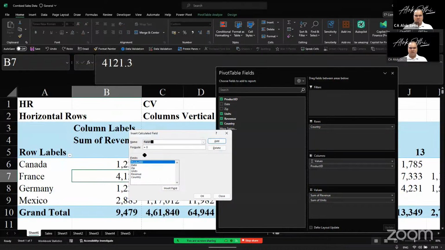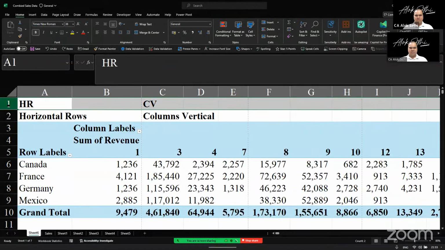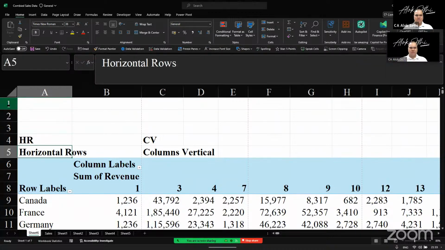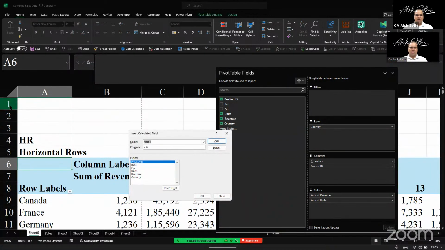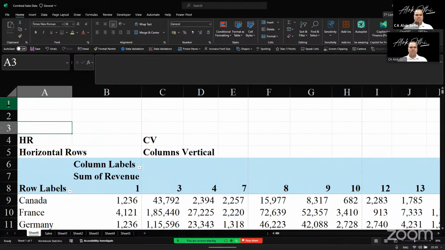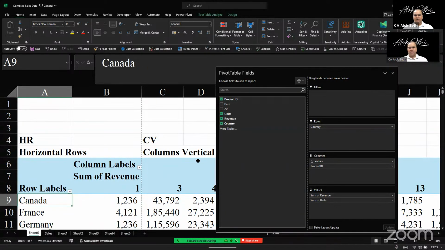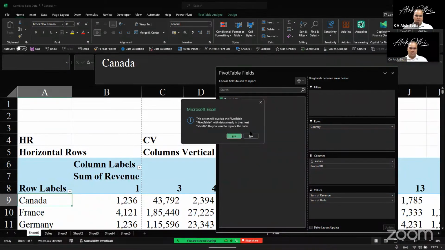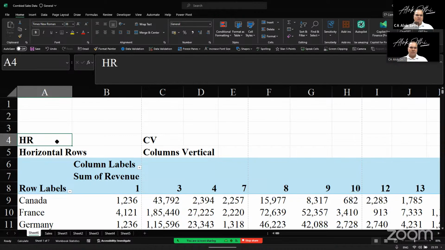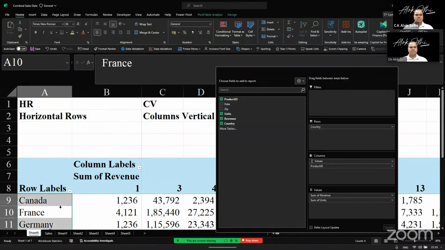थोड़ा सा हम जगह बना लेते हैं, we'll put some more rows into the Excel. Now अब हम फिल्टर में प्रोडक्ट आईडी को रख देते हैं, तो प्रोडक्ट आईडी विल पुट इट इन द फिल्टर. Let me put this here. I'm putting the product ID into filter,